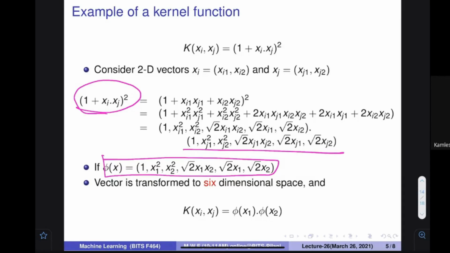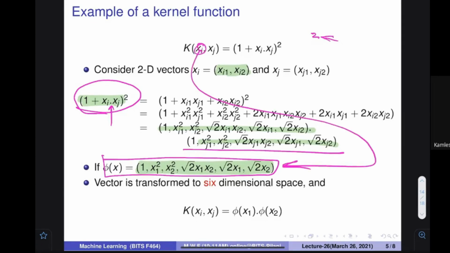So data that was in 2-dimension space is now represented in 6-dimension space, and its multiplication is going to be obtained. We can see that mathematically we have obtained the same thing by doing this operation. This multiplication is going to take order of 2 time only, plus just an addition, and then just taking the square, and we get the solution. Instead, if I transform this data using this equation and then do the multiplication, I would get the same answer.